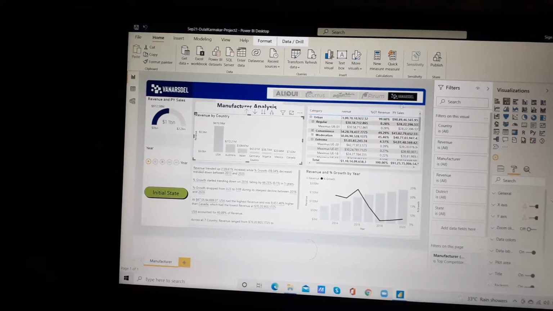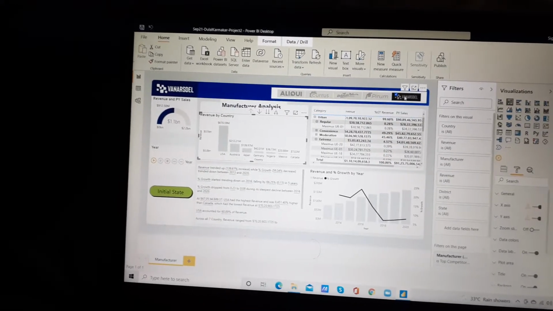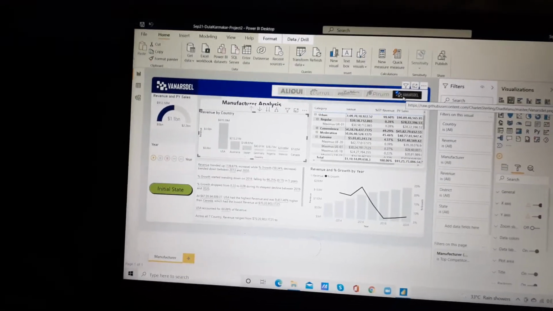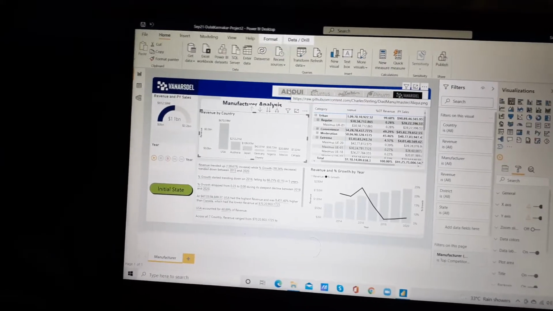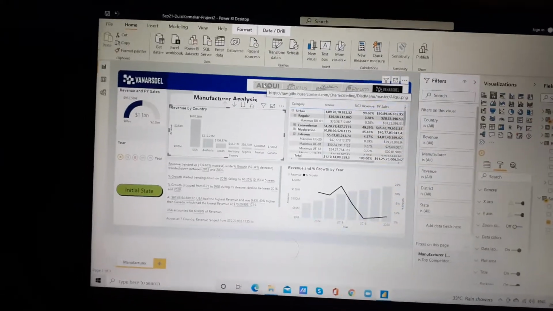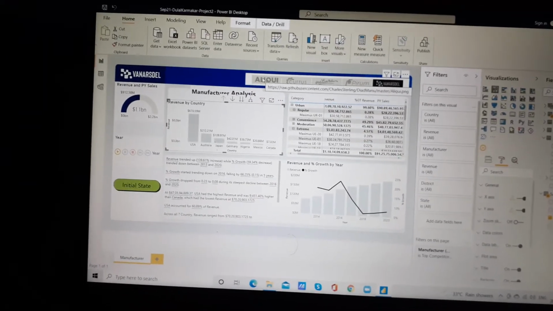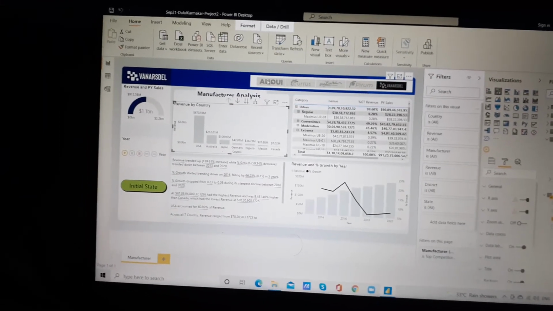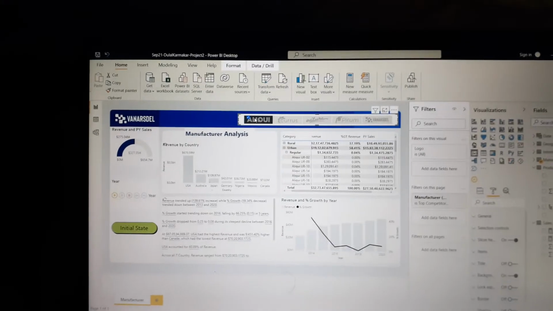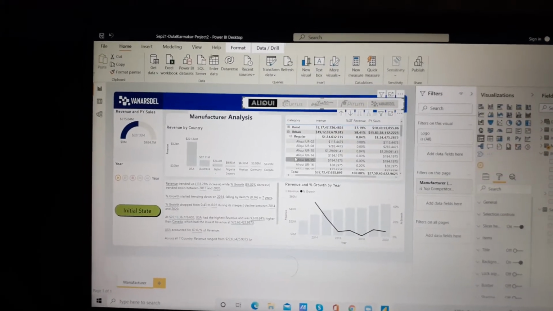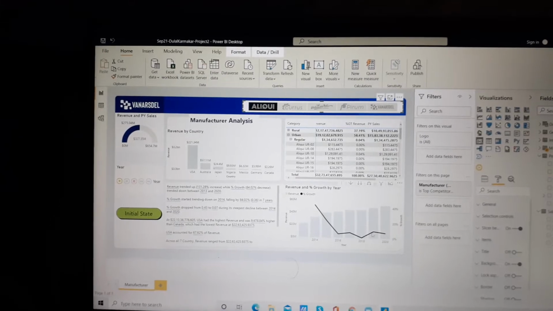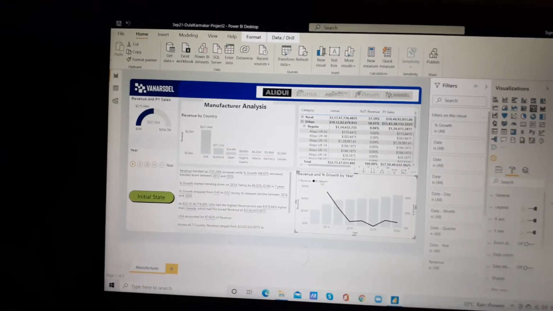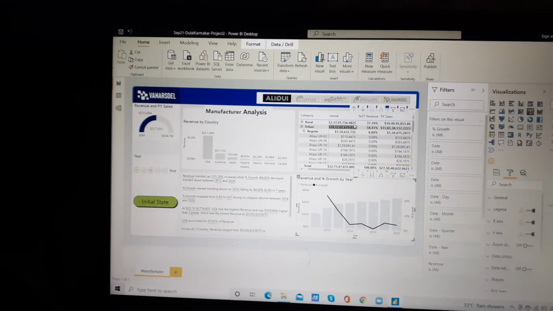As per project requirement, the main company or the main manufacturer we have to see the data for is Van Diesel, and other competitors are there also. So if I want to see the actual data, the revenue country wise, revenue year wise, or category wise, then we have to click on that, right? As I clicked on that, we can see the line chart, how the revenue and percentage growth by year changed. Correct?